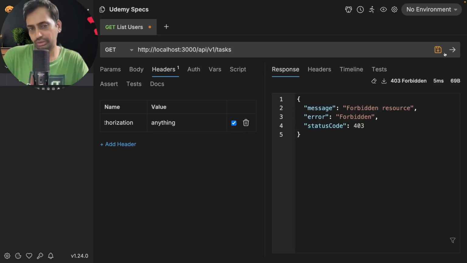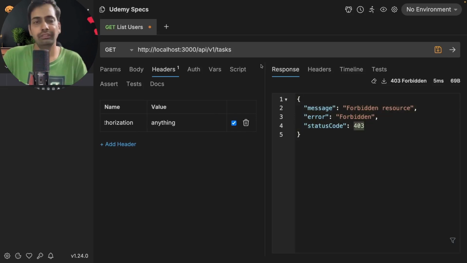Forbidden resource. एक होता unauthorized 401. You cannot access the whole app. Forbidden, that means your authenticated token is valid. You can access some resources but not all. So for that particular task resource, I'm going to send you forbidden. तो इस तरह से हम auth guard implement करते हैं.